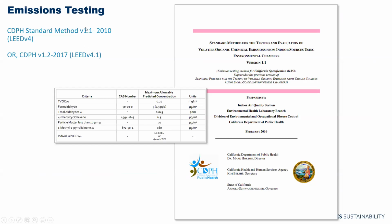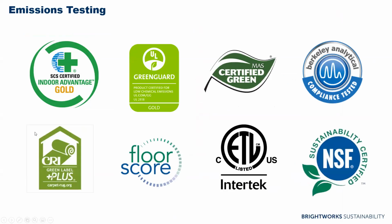what used to be significant about version 4, version 4.1, was this testing standard method being version 1.1, 2010 versus this version 1.2, 2017. And I think that some teams might balk at that, but in actuality, version 1.2, 2017 is the current version. All of these testing standards that you see here are testing to version 1.2, 2017, and they require that their products test on a close to annual basis, except for Berkeley Analytical, which just does that compliance testing one-off, and then